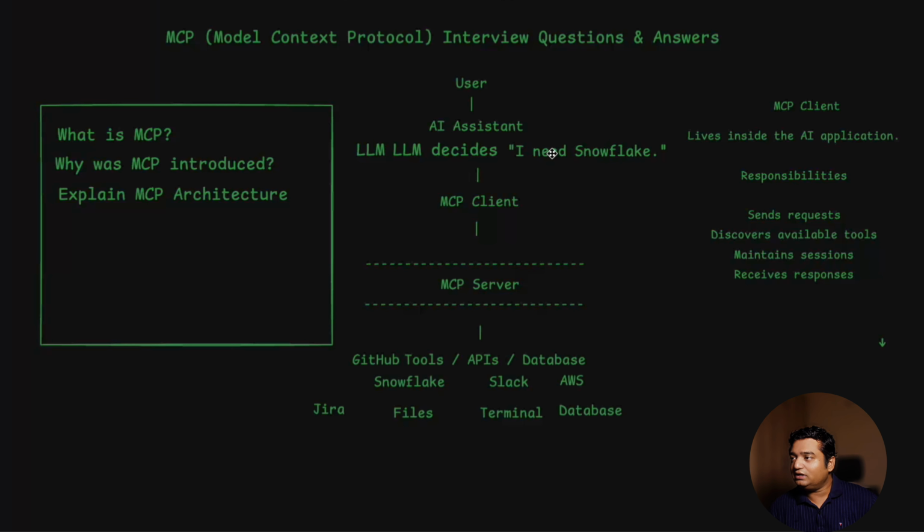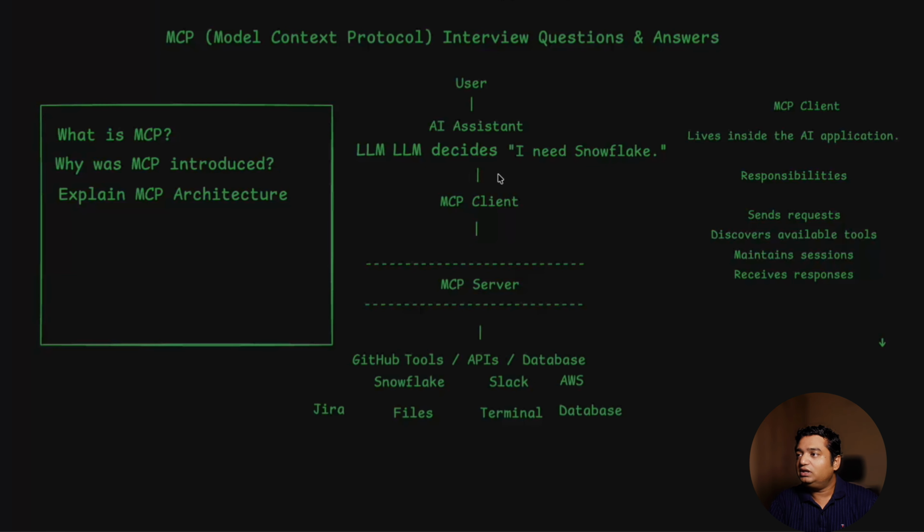That request, like I need Snowflake, goes to the MCP client. The MCP client calls the MCP server, and the MCP server connects to the Snowflake database. If your MCP server has a connector to Snowflake, it will go to Snowflake, get the result output, and that output is given to the LLM again,